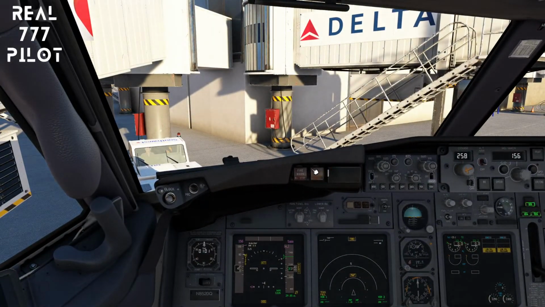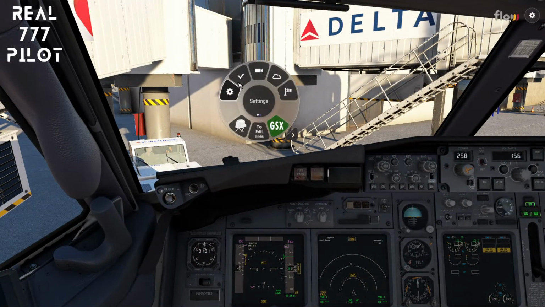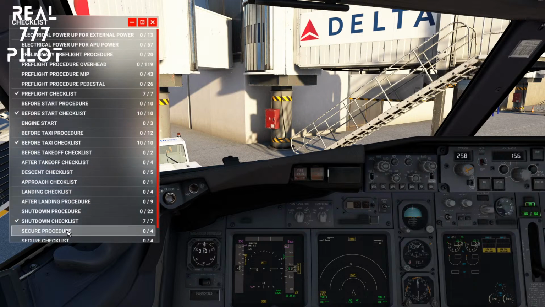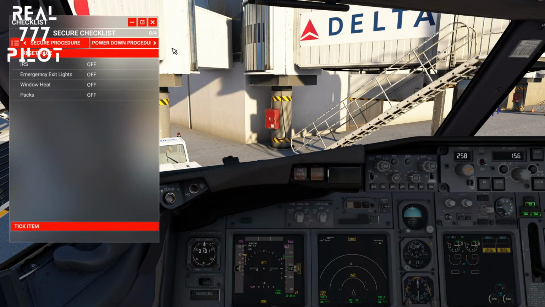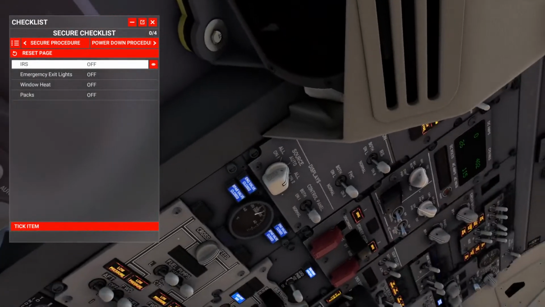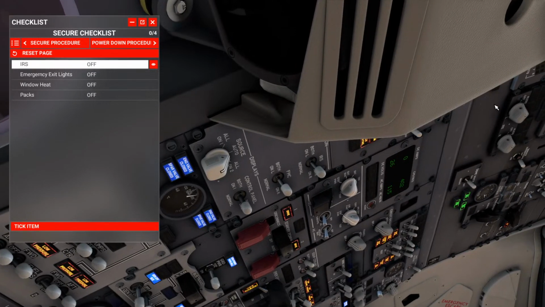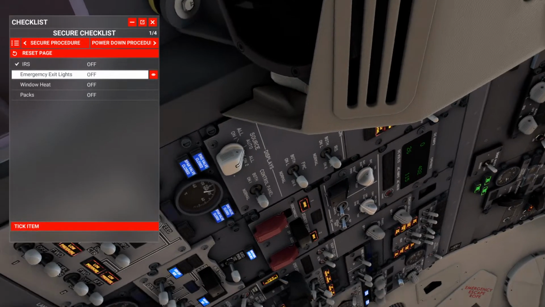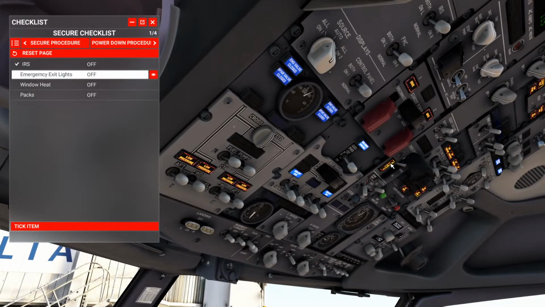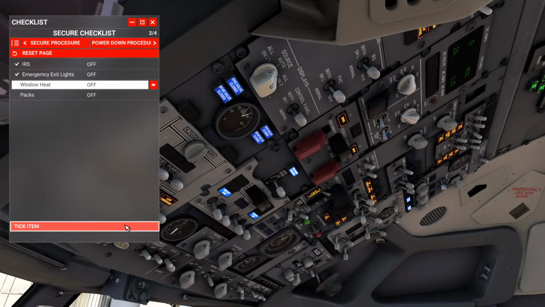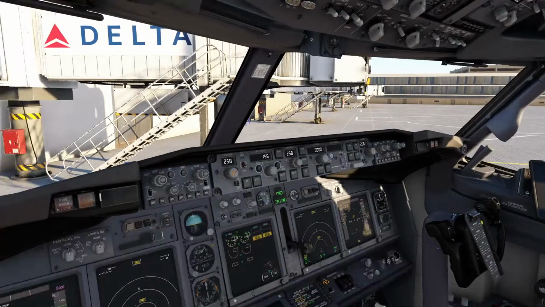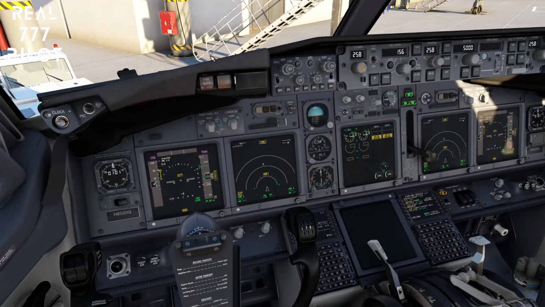Okay, so secure checklist. No, not secure procedure, secure checklist. IRS all the way up and they are off. Emergency exit lights, they are off. Window heat also off. PEX, they are off. Secure checklist is complete. Okay, so we were going to wait for everybody to get out to do this procedure, but